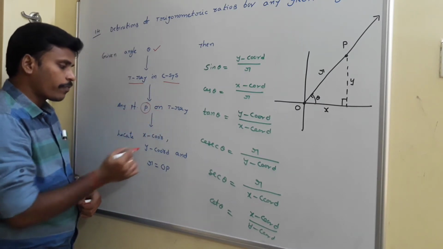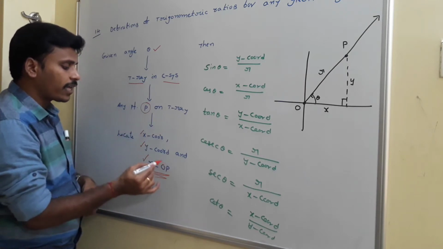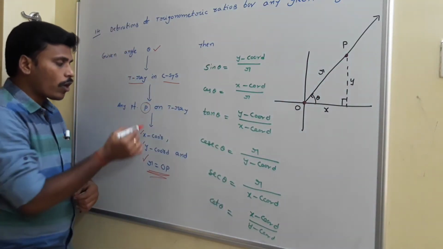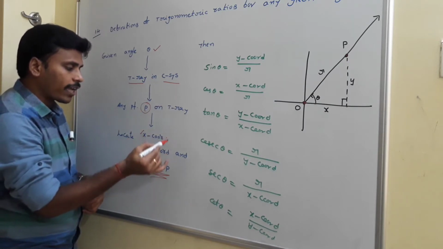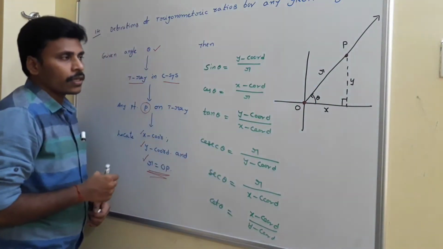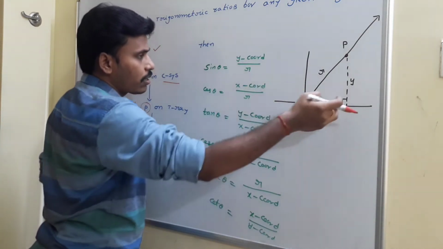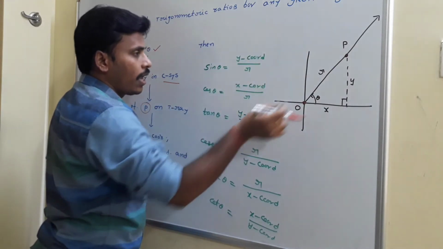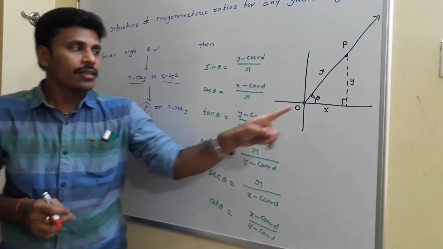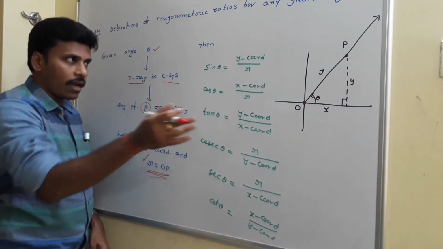Now you locate the x coordinate, the y coordinate and the value of r. Here r is OP, meaning the distance from the origin to the point P. So for this point P, you need to note down these three parameters: the x coordinate, the y coordinate and r. Have a look at this. x is the distance in the positive direction of the x-axis, and y is the distance in the positive direction of the y-axis. Depending upon the location of the terminal ray and the point, these x and y values may sometimes be positive and sometimes negative, right? Just keep it in mind, we have to discuss it afterwards.